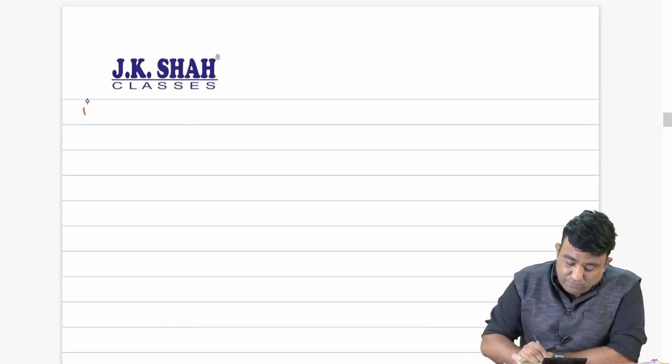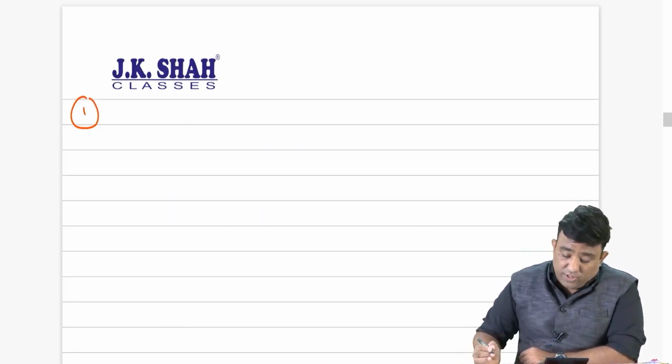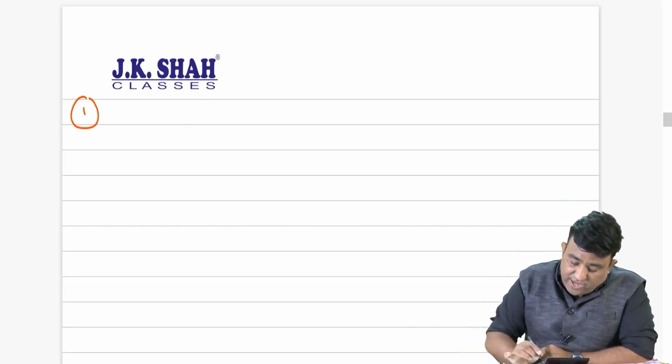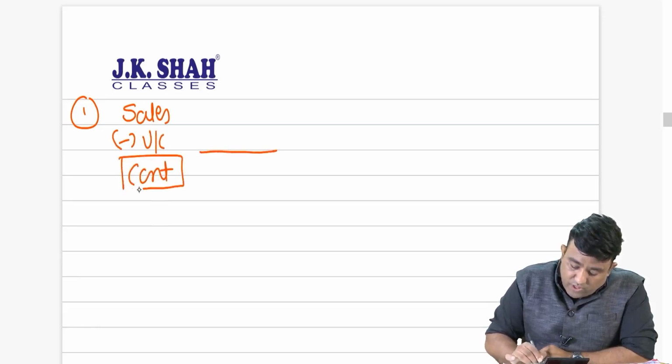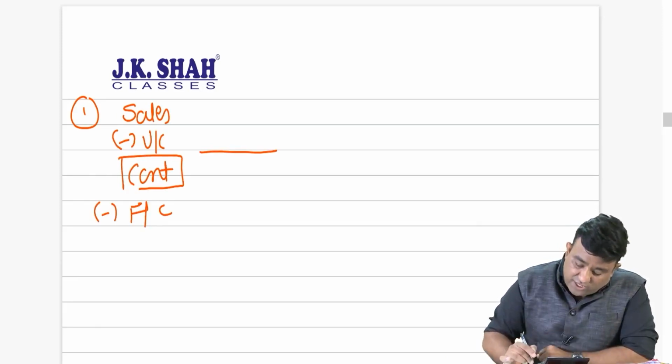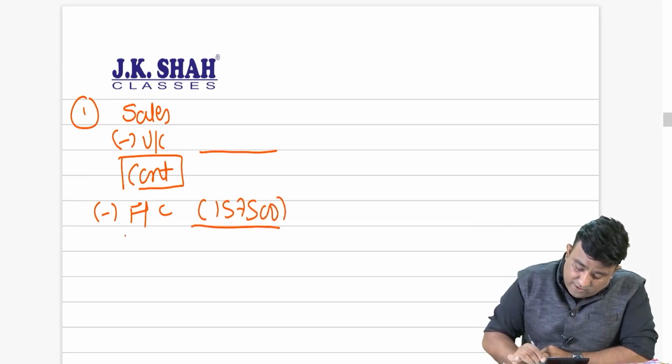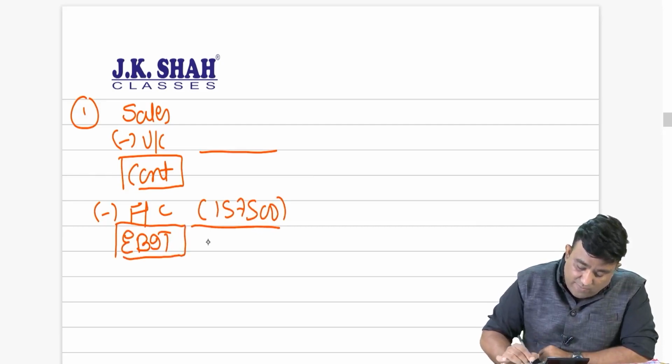Please concentrate. When I say, is sales given? No. Is variable cost given? No. Is contribution given? No. Student, is fixed cost given? Yes. Check out, fixed cost is 1,57,500 students. EBIT is given, students. Check out EBIT,